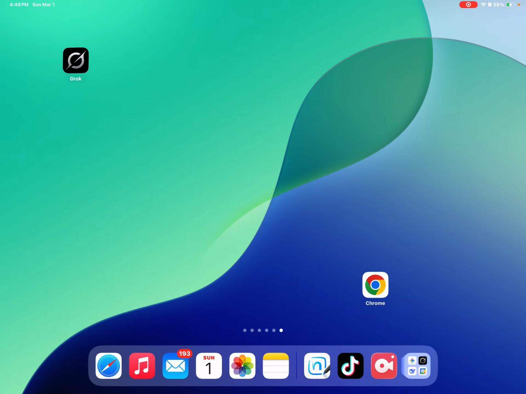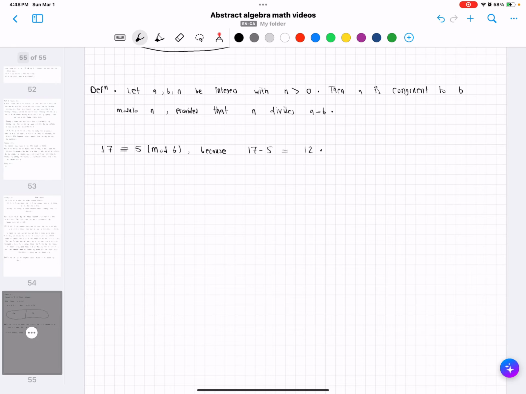Hi everyone. So let's start dissecting the theory of congruences. The first theorem tells us that congruence, as we defined it, behaves similar to equality. So we have the following theorem: